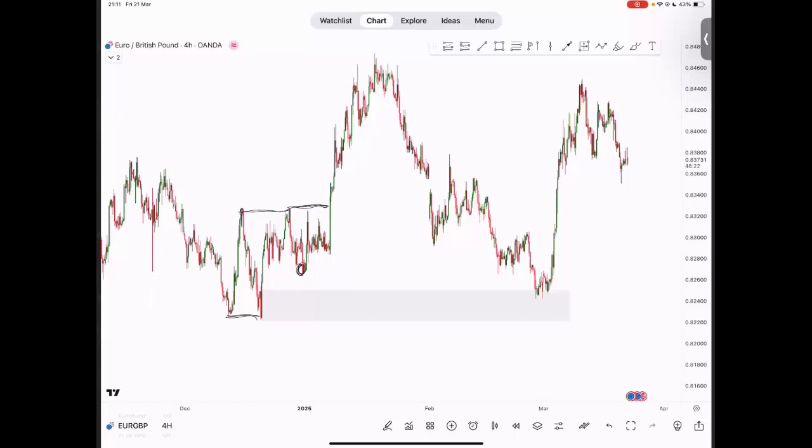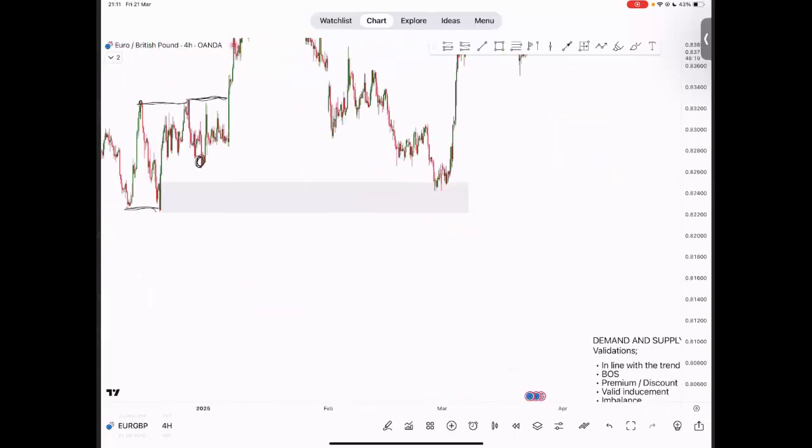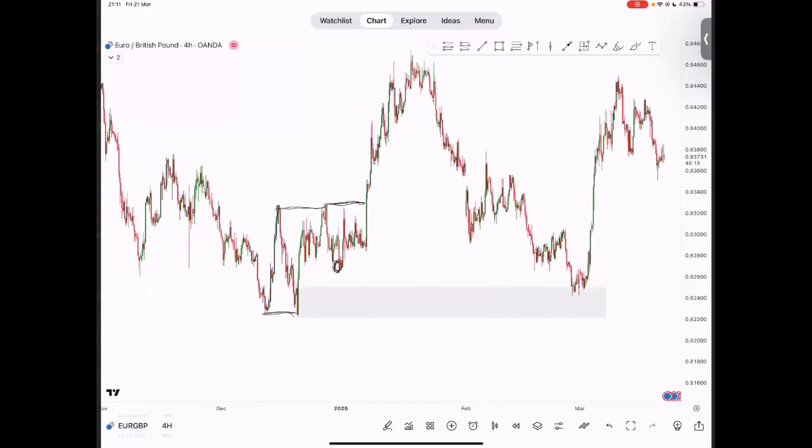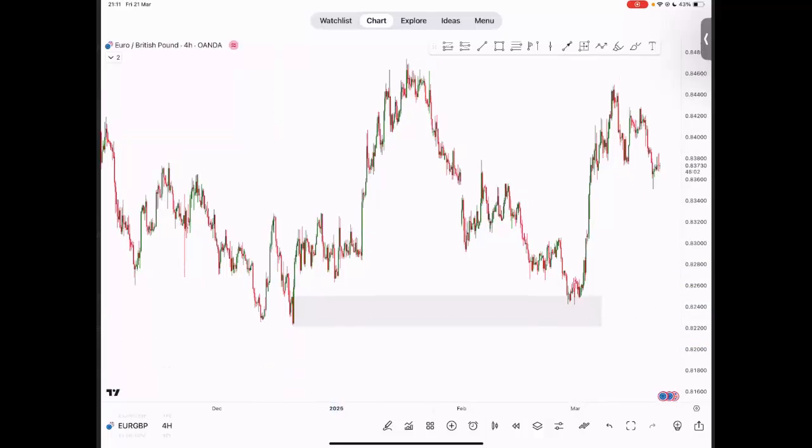Now, the second validation that we have here is a break of structure. Whatever zone you're considering as a demand zone or a supply zone must do what? Must put in a new break of structure. It must break structure, which means that at this point you can see that